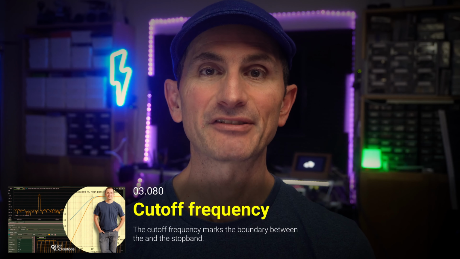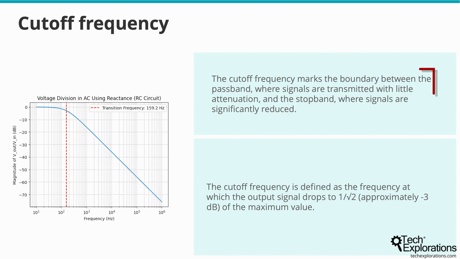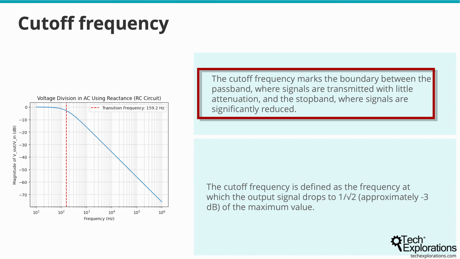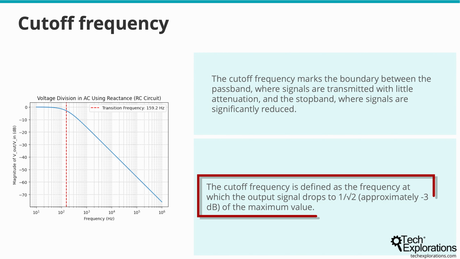The cutoff frequency is a key parameter in filter design. It marks the boundary between the passband, where signals are transmitted with little attenuation, and the stop band, where signals are significantly reduced. In both RC and RL circuits, the cutoff frequency is defined as the frequency at which the